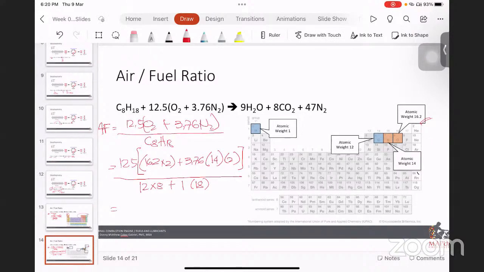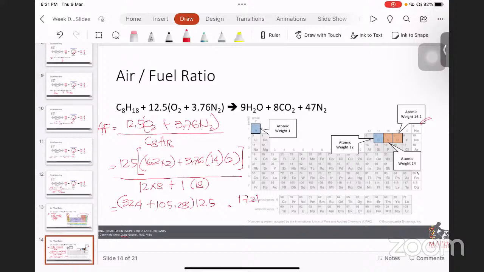Yung taas muna, calculate natin. 3.76 times 14 times 2, 105.28 plus 16.2 times 2 is equal to 32.4 times 12.5 plus 105.28 times 12.5 is equal to